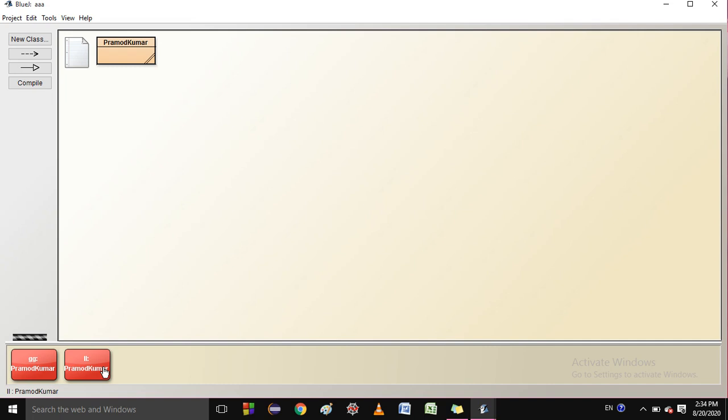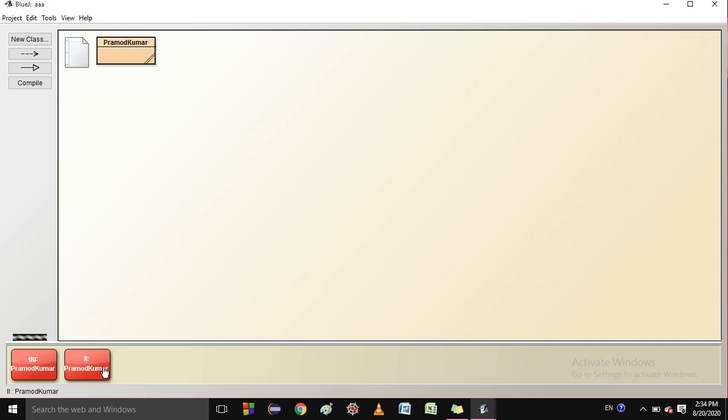Next one, why is a class called an object factory? Because that class contains many objects, as I explained just two minutes back. Next one, what is the difference between an object and a class? You can also write this, it is a very simple question. Why is a class known as a composite data type? Why is it a composite data type?